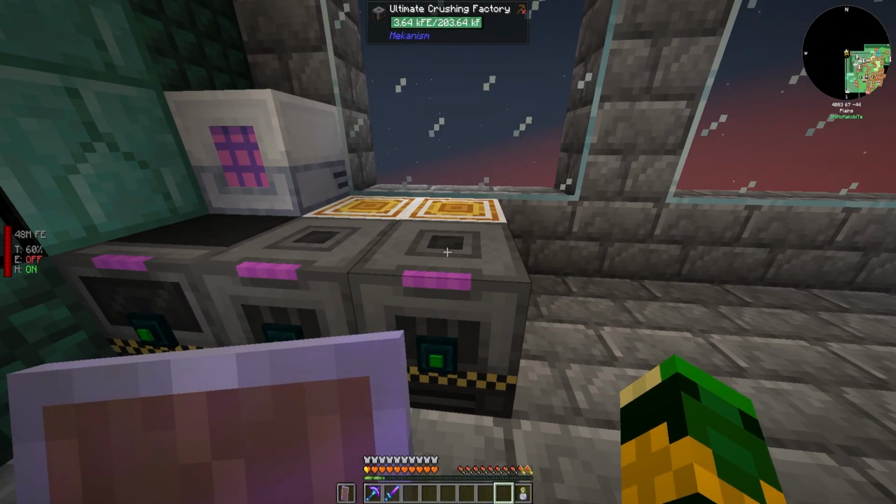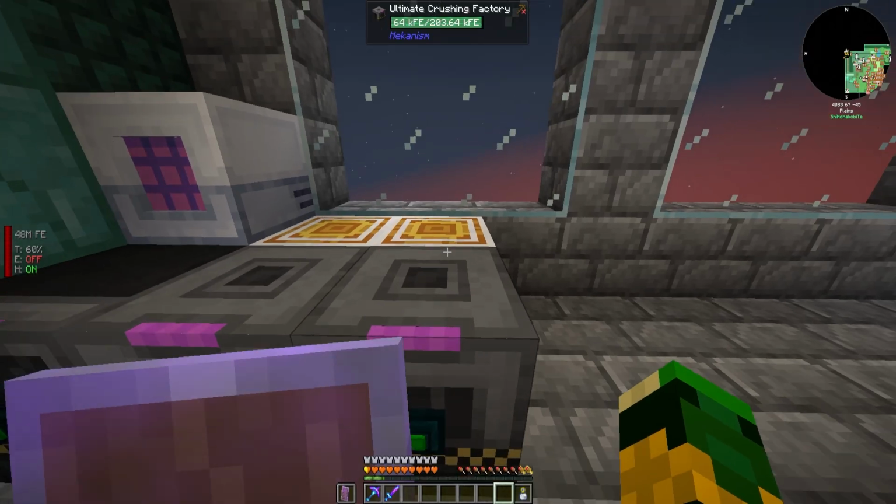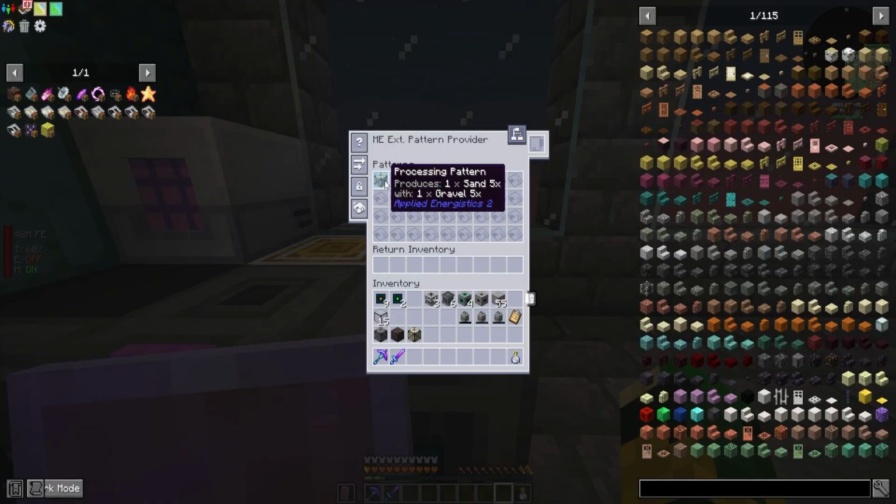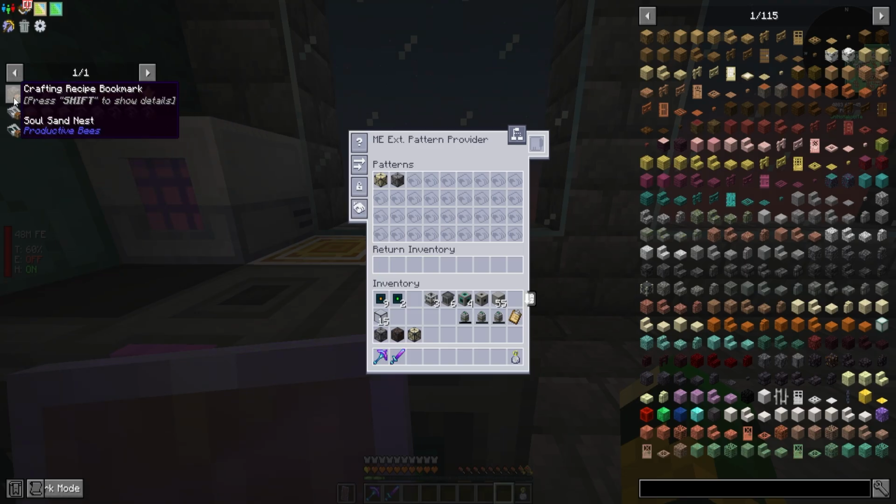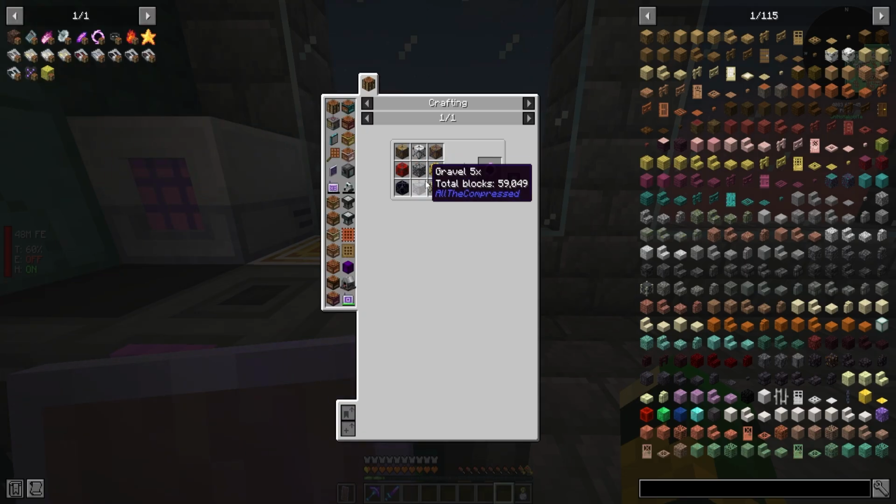This last crushing factory is really going to be here to help us move when we need to make, and we'll talk about this in a minute, but when we get into having to make the pulsating black hole, we're going to need like the 7x cobblestone. You know, we're going to need all of these things at really high levels.